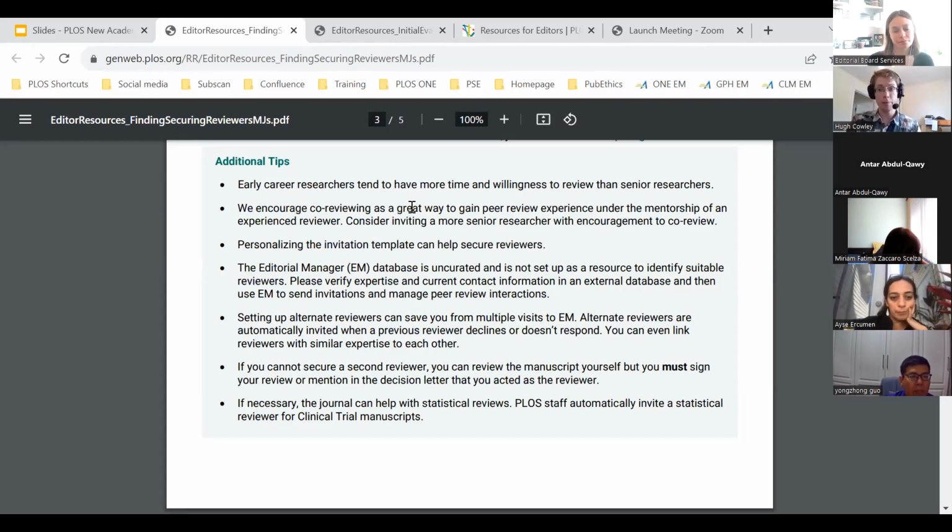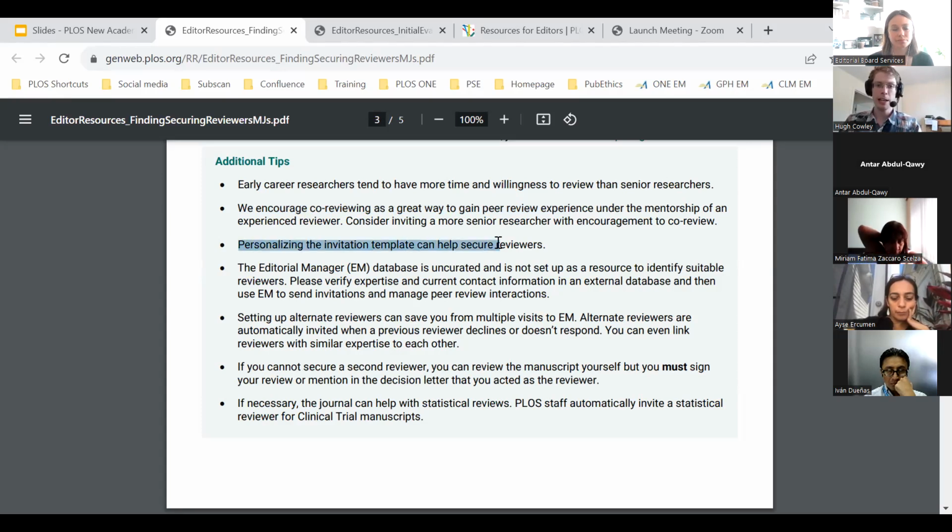There is a section in the review form where that can be declared, and we actively encourage this because it's a great way to get people who might not have experience peer reviewing to have some experience being a peer reviewer. So please do bear that in mind as well.